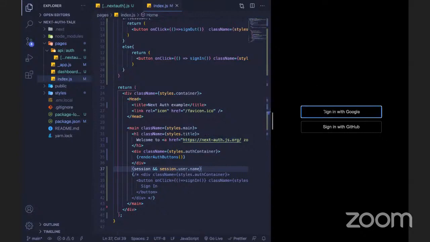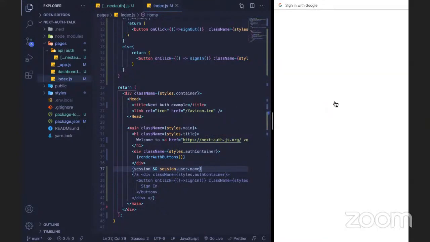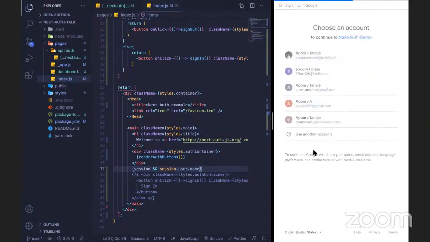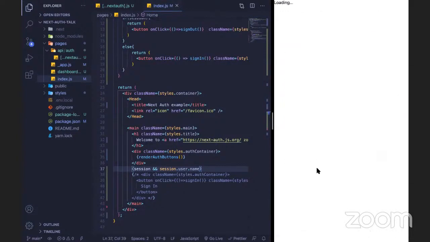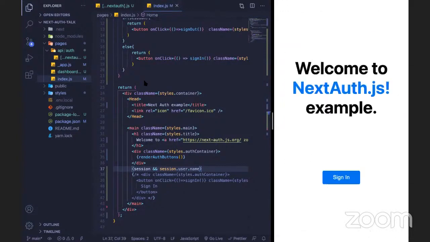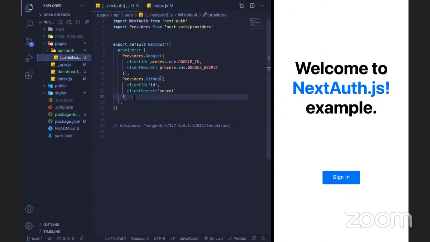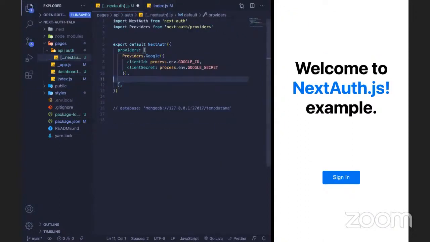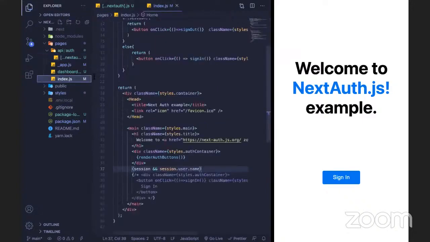So to implement that, I'll first sign out. Yeah, so I'll first delete the GitHub provider. I just want Google authentication, and I don't want to go to that black page again and see the sign in button option there.